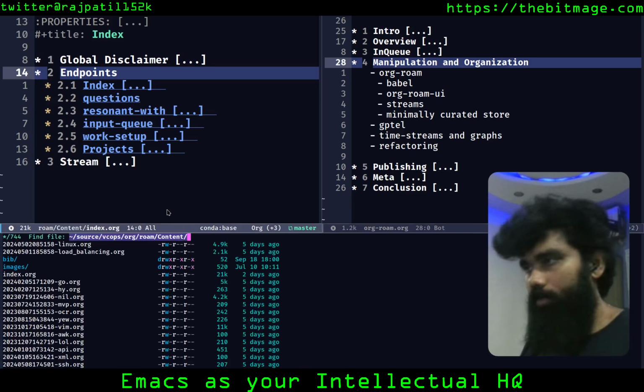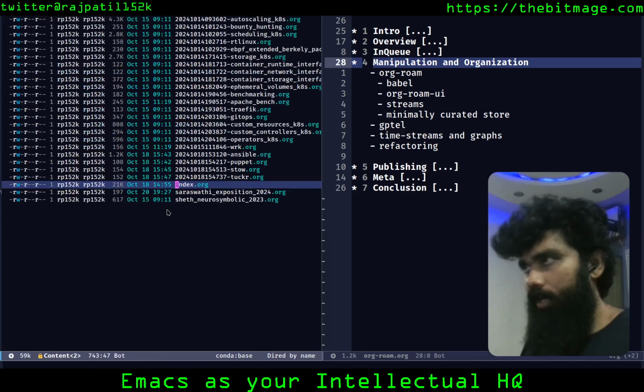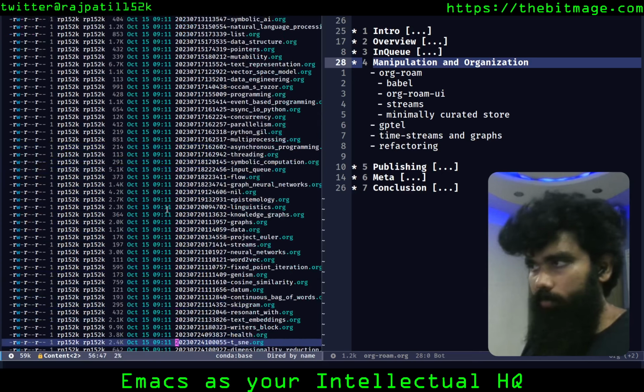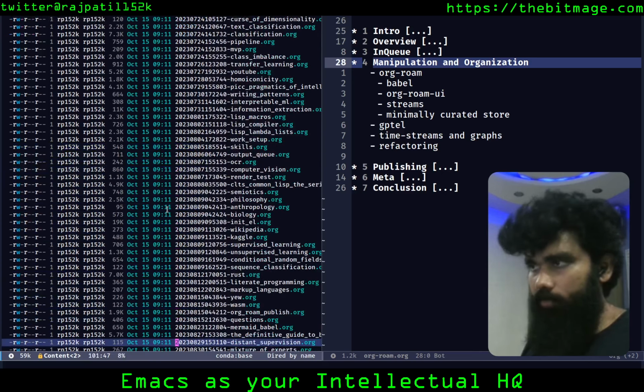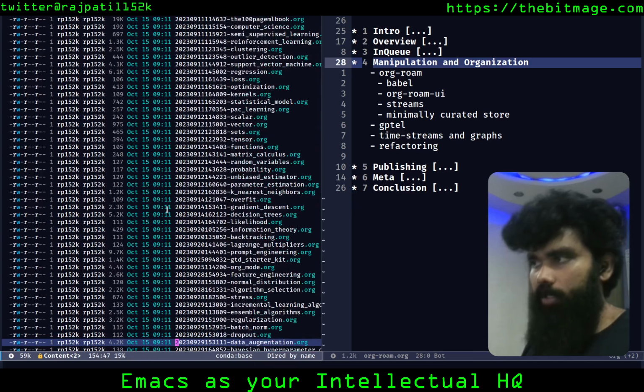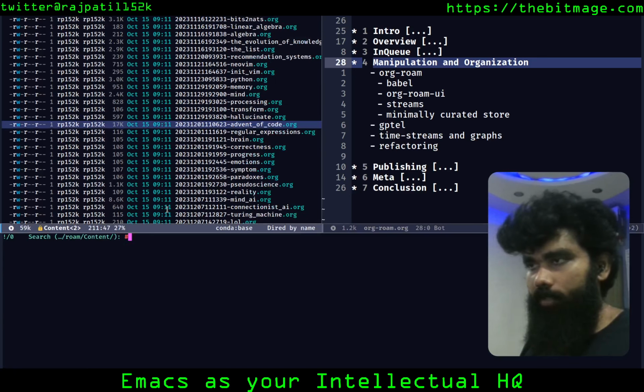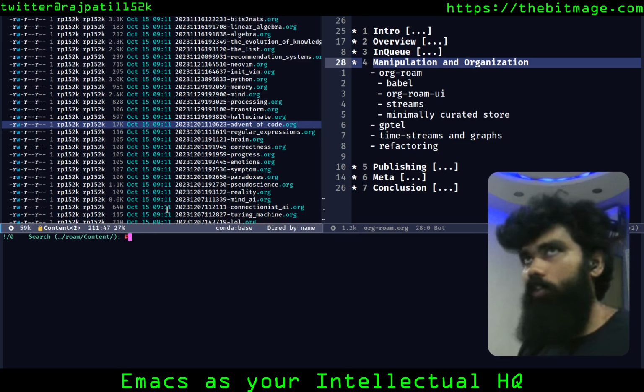If I go into the file hierarchy, it's all a flat file system. There are no folders. It's all managed based on tags, and you can search. I'm going to hit space s slash. I've set that to Helm occur, I think.